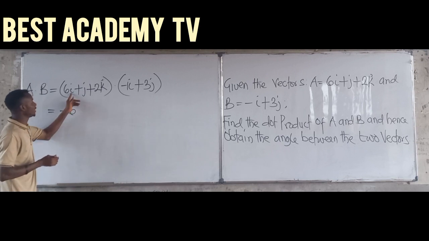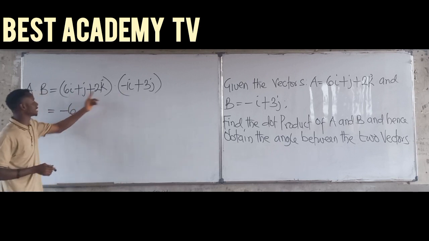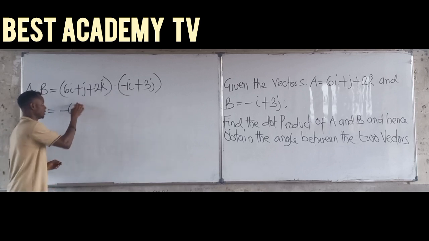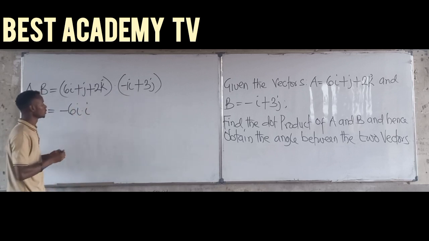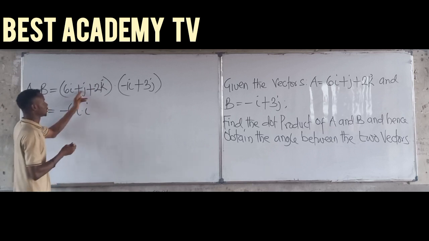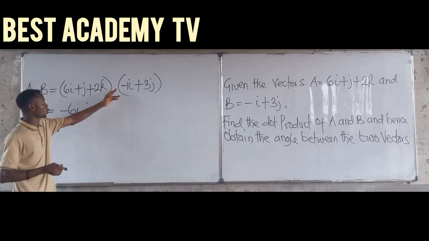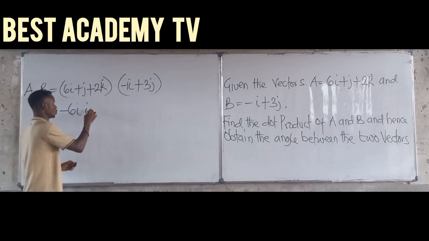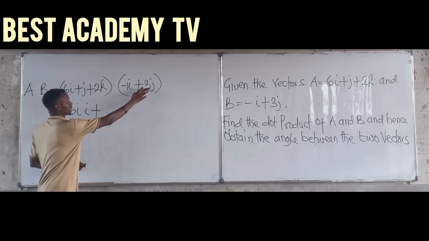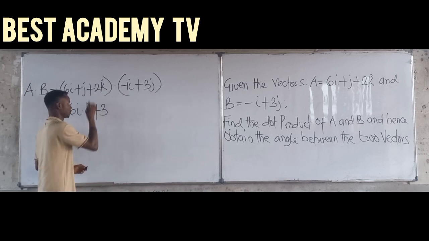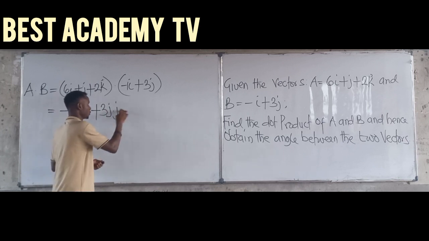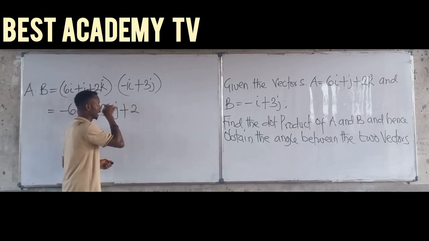But multiplying these vectors, I'm going to multiply in terms of dots. This will be i dot i. In terms of j here, there is 1. I will multiply the numbers together, but in terms of the vectors, I will dot the vectors. So this is going to be plus, please take note, 1 times 3. What is the answer? 3. The vector will be j dot j. This will be plus 2 times